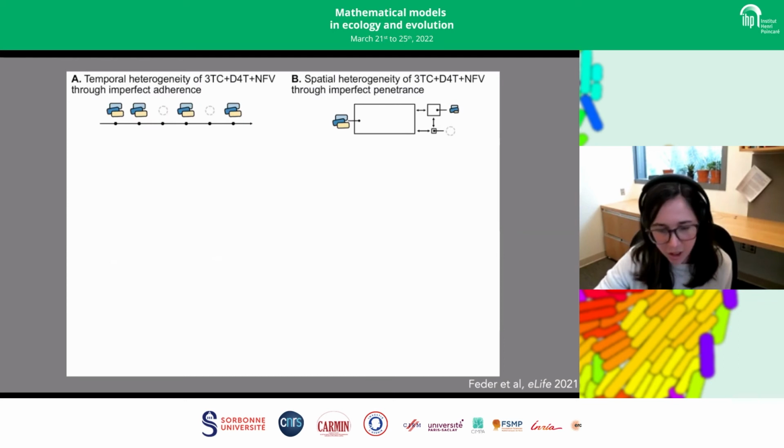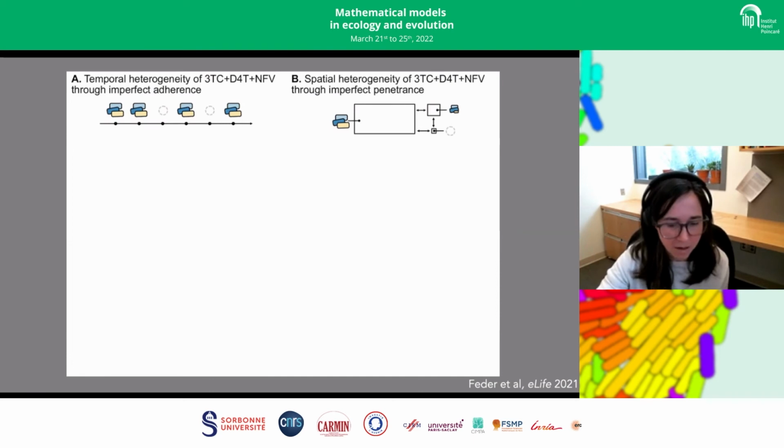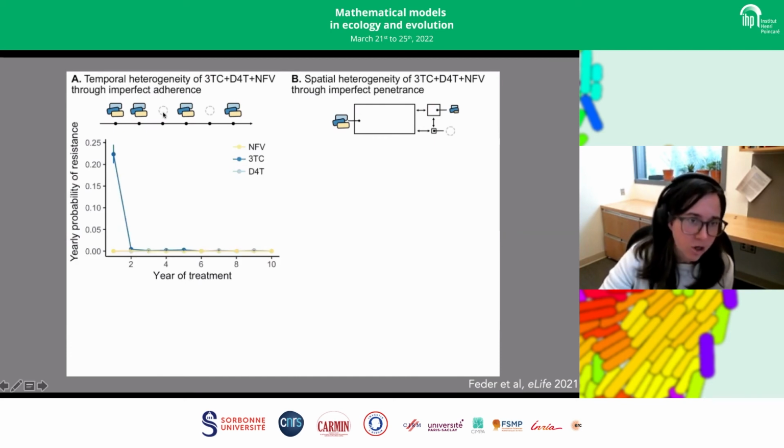And so we run stochastic simulations for up to 5 years of therapy, basically simulating experimental conditions from the CHEMP trial, where individuals come in every 3 months. And if their viral load is above a certain threshold, we assay them for large drug resistance mutations in order to get a sense of whether any resistance has been emerging. And so I'm going to show you the results from the temporal heterogeneity trial. What we namely see is that we are able to evolve drug resistance under temporal heterogeneity, but largely only